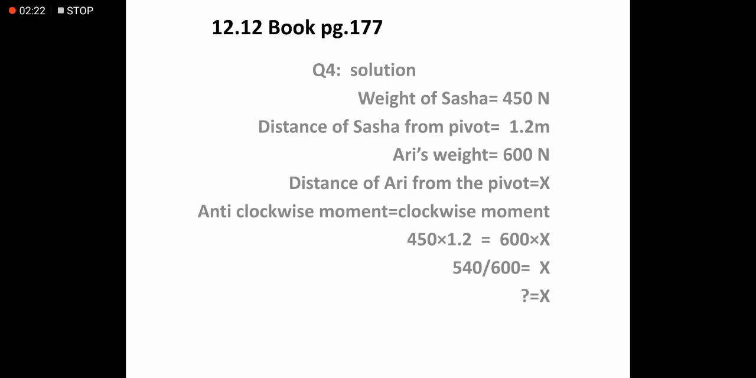Then what will be the formula? Anti-clockwise moment is equal to clockwise moment. Now we are going to put values in this formula: 450 multiplied by 1.2 is equal to 600 into x. Now you see 600 is multiplying with x on one side of the equation. When we shift this 600 to the other side, the multiplication sign will be changed into